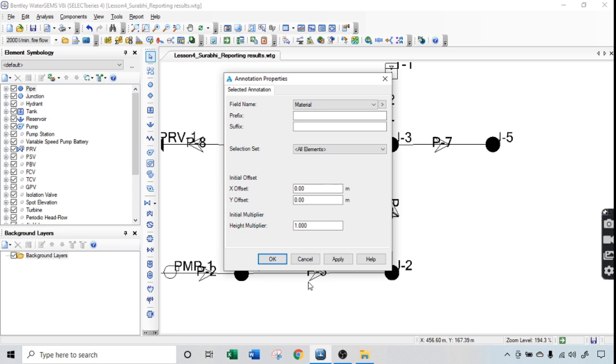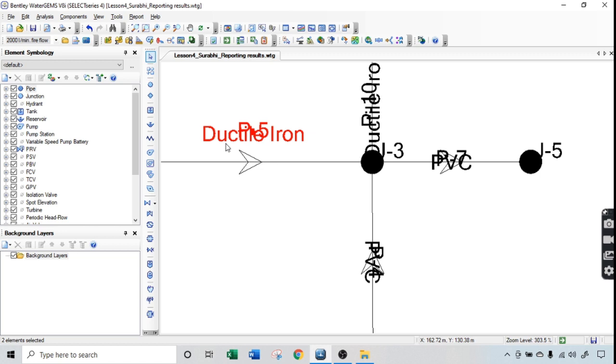Okay. So as you can see, for each pipe, its material is now being displayed. So I can shift it also, as it is very congested here. I can shift it like this by moving the cursor. Okay,